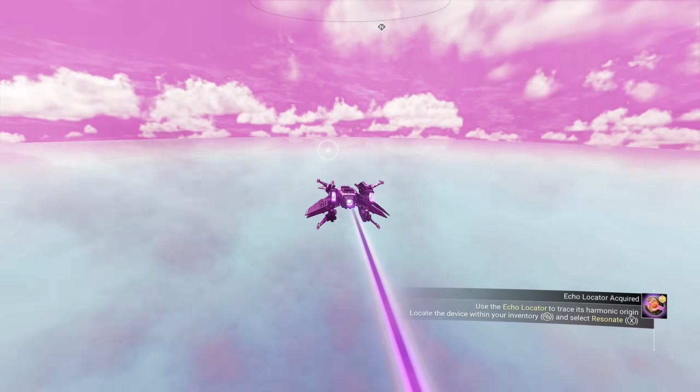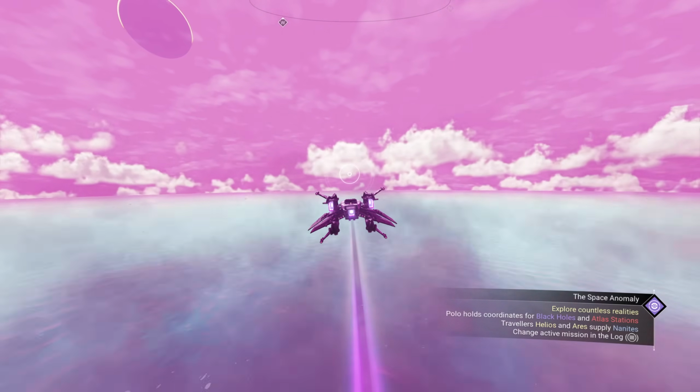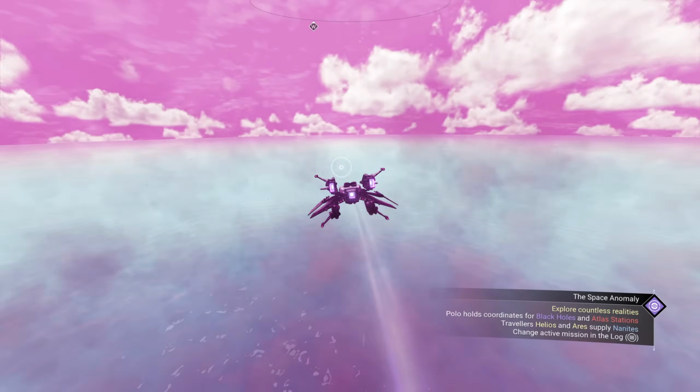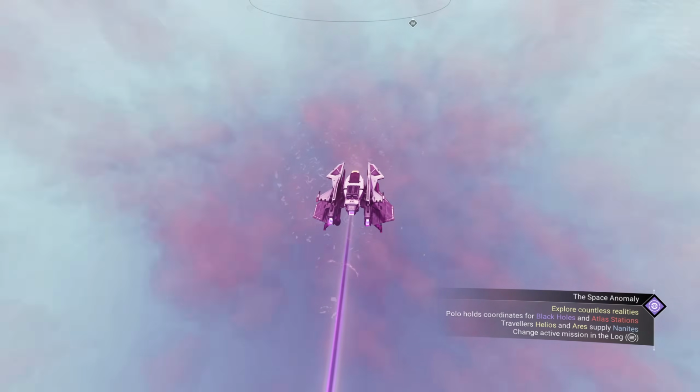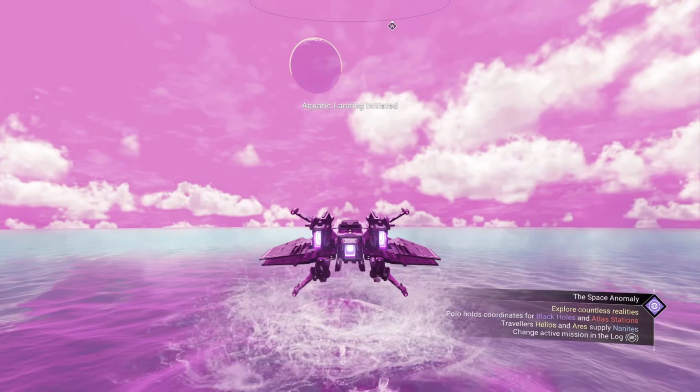As you can see, if I just fly around this planet, there is no land whatsoever. You cannot land on it if you don't have your aqua jets. You can fly around all day. You're not going to find anywhere that has a land mass. Look at that. It's just water. So if you land here,